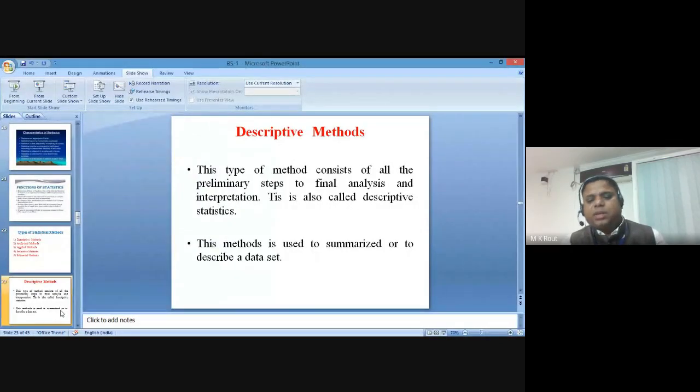That means it directly leads towards finding the result